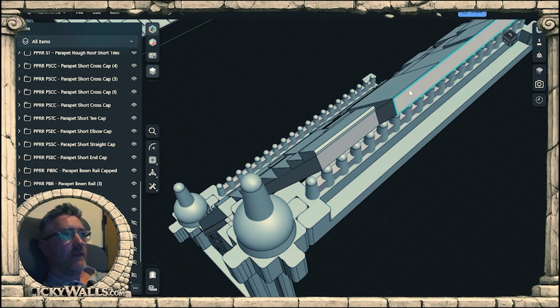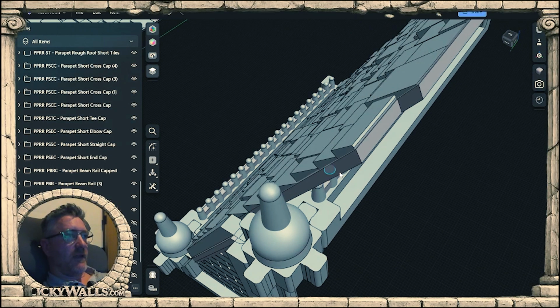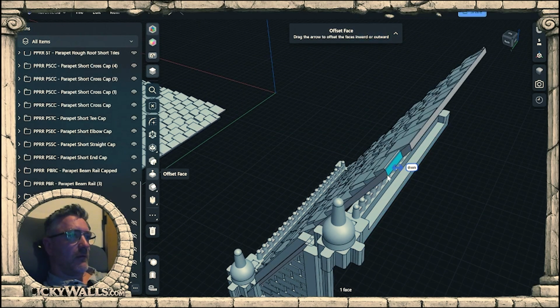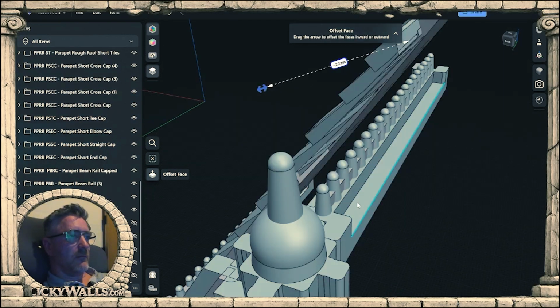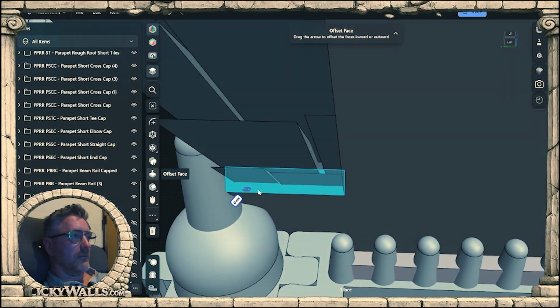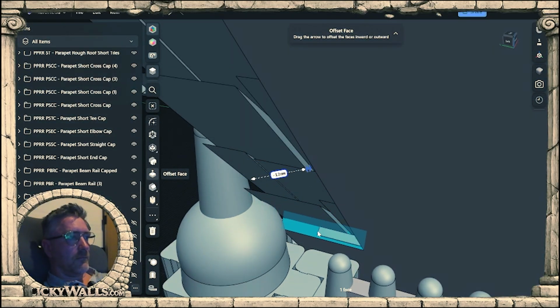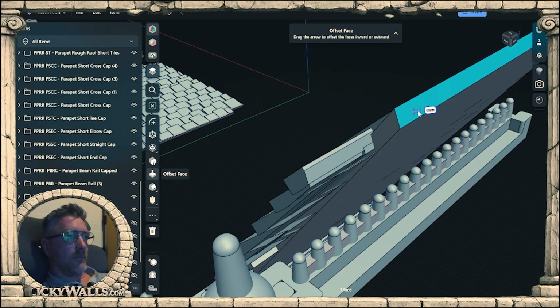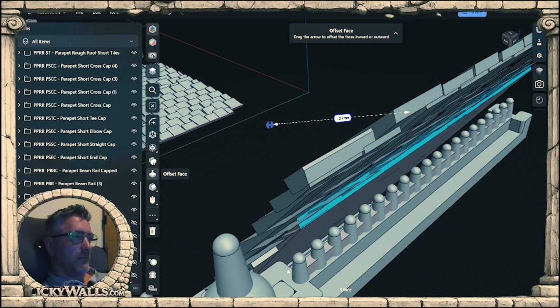Because this bit needs to fit into that bit, if that makes sense. So if I move this down, move this one down,